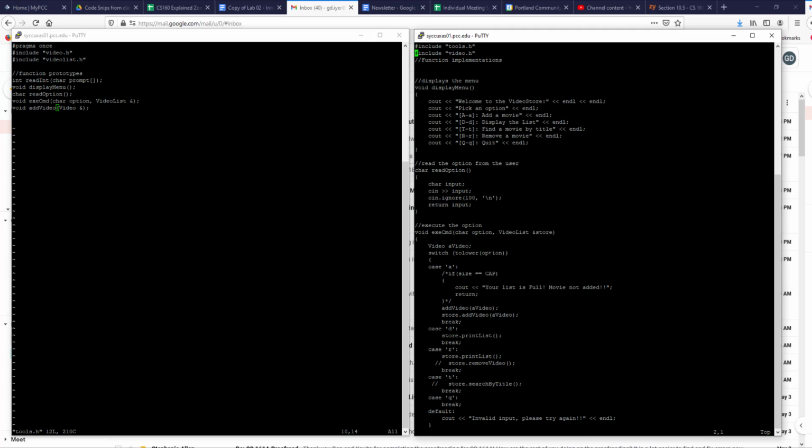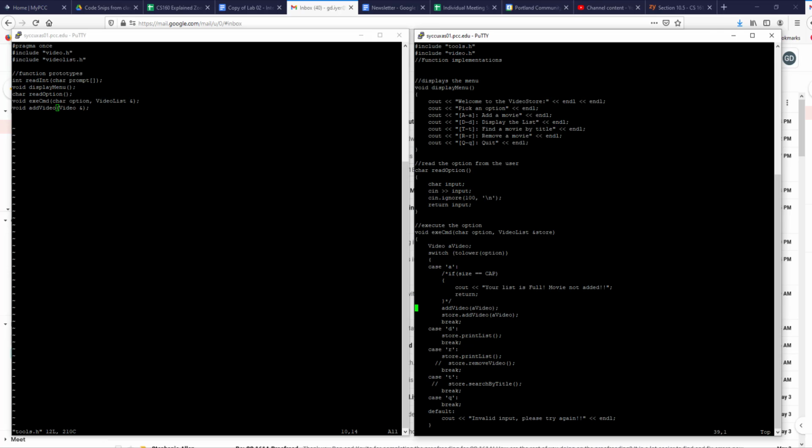Okay, then local video, a video gets created here. This is the local video. We switch option and we do a few things. I have commented this code out. We don't need it for right now. We will incorporate it because size, I cannot do size right now. I have to use a get size function to get size from the video list, and I don't have that right now, so I commented it out.